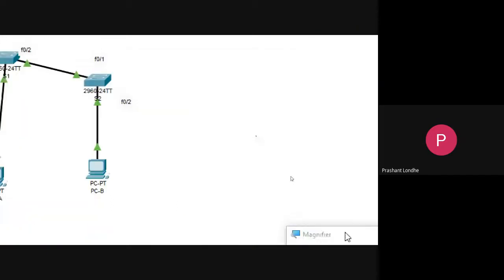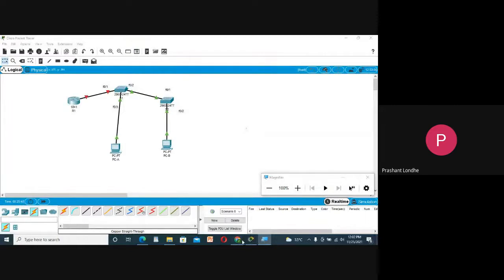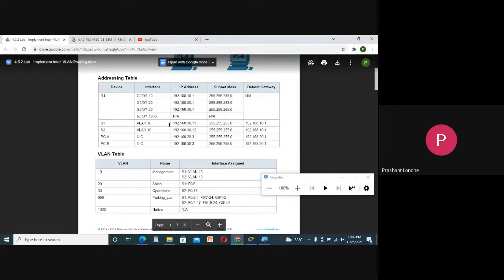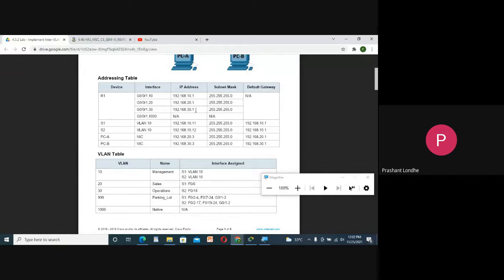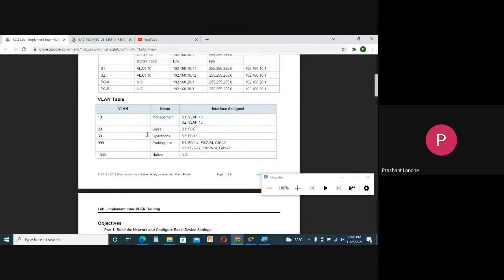Okay, now let us go back to the diagram and let me see what kind of access I'm supposed to give to these VLANs, that is 10, 20, 30. You can see for 20, I have given the name sales and the port number should be F0/6. So VLAN 20 should have access to this port, or this port should have access to VLAN 20.